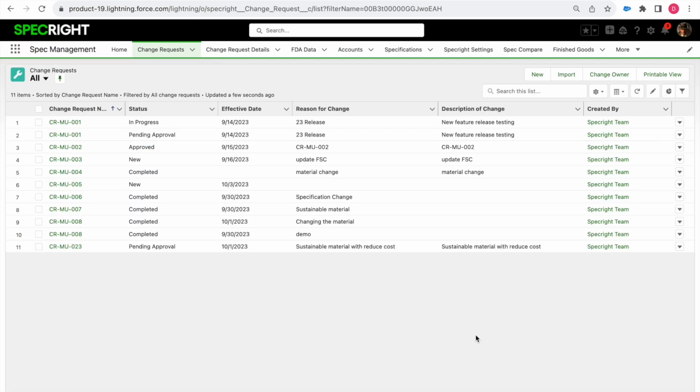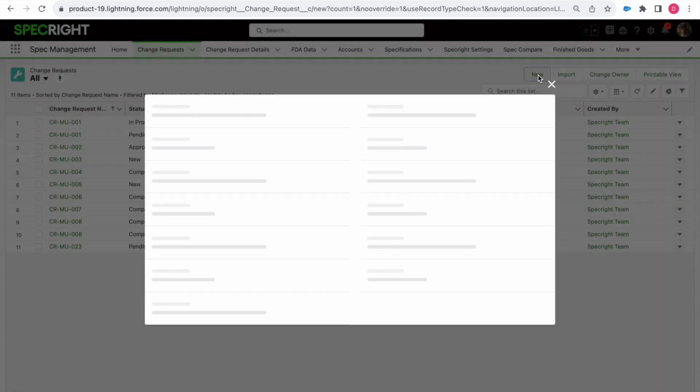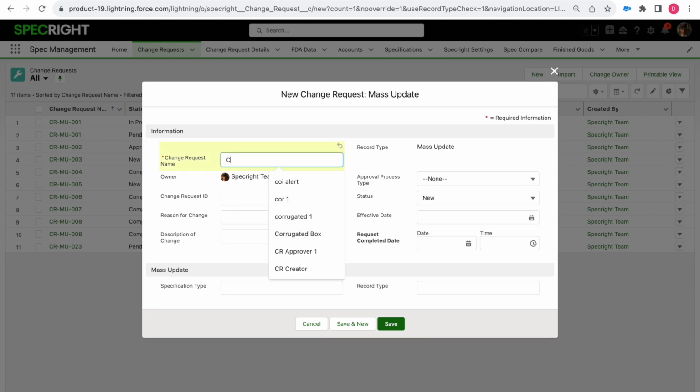Thank you, Katie. Now let's see the demo for the change request feature. So with this release, you will get an additional tab on the top, which is called change requests, from where we will initiate all our change requests. So if you want to create one, let's go ahead and click the new one, and we can give the name for our change request